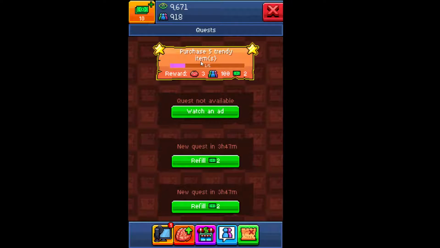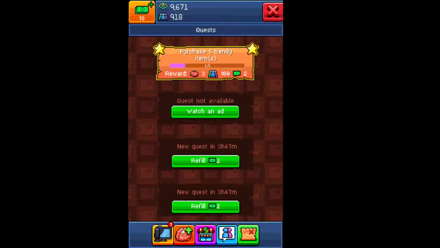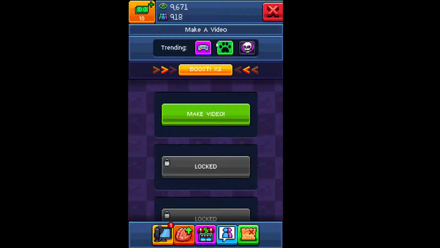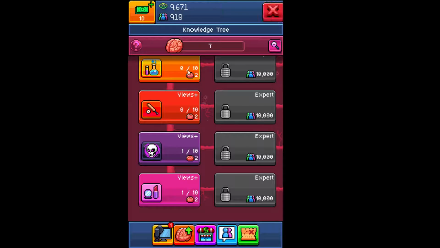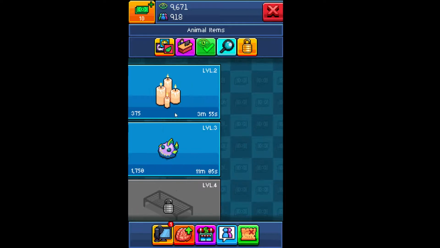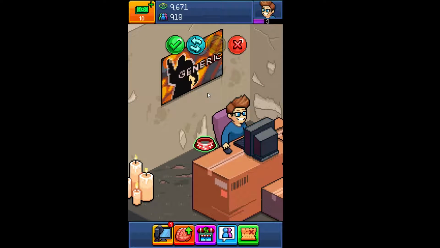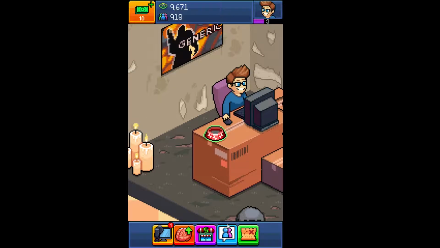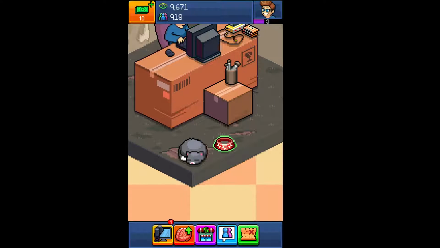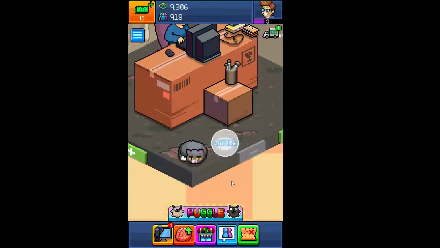And now we have to pick items in that category and buy 4 more items in those categories from the store. So it is games, animals, and dark. So let's go to the store and let's start with animals. We can buy a bowl because we already got the cat. I think you can buy more than one, but put it next to the cat. And then